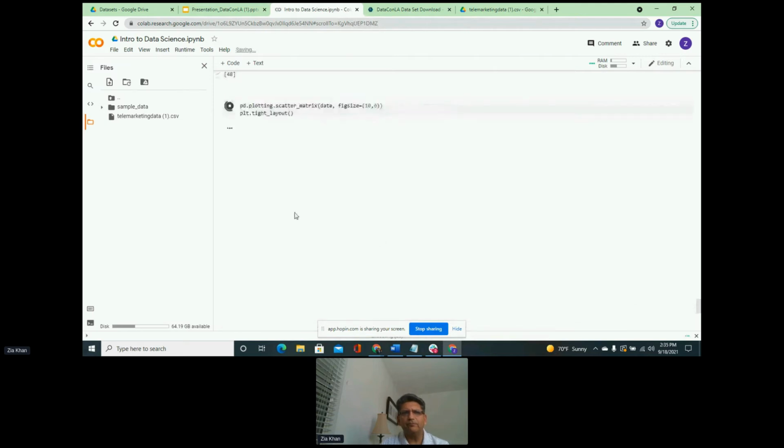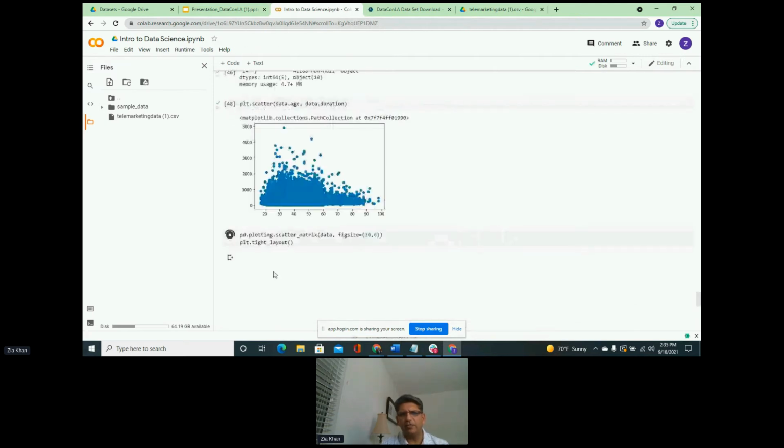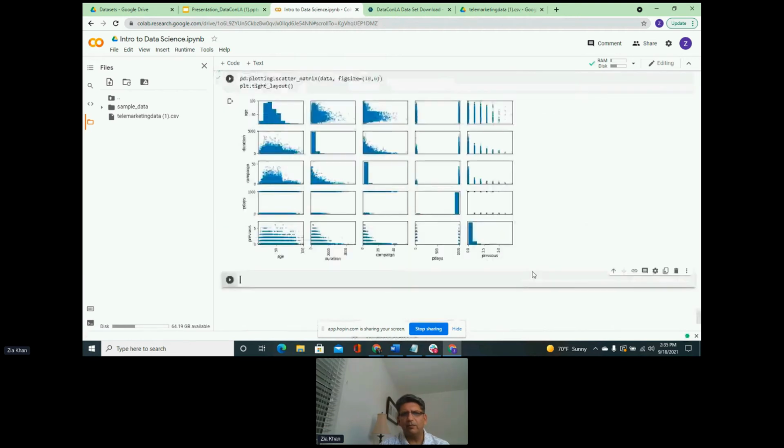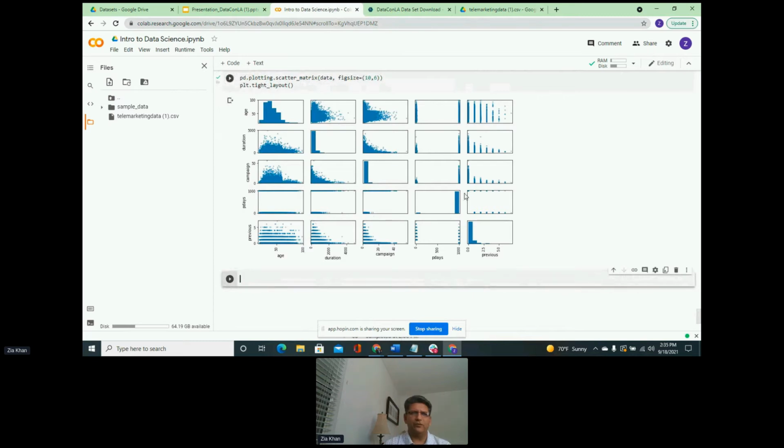But again, it's the same information, it's just laid out a little bit more nicely. So you can see that now you don't have those bunch of values at the top, and the information is laid out a little bit nicer this way. It's visually a little bit more pleasing. So this is a little bit about visualization and how you can look at your data and try and see if you can find some more insight within your data.